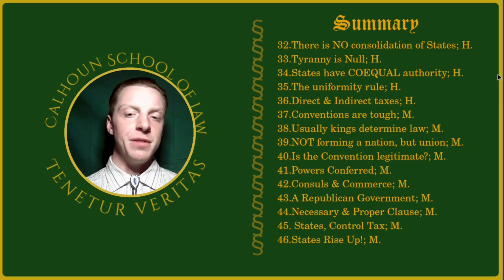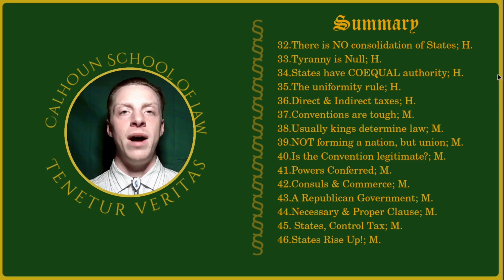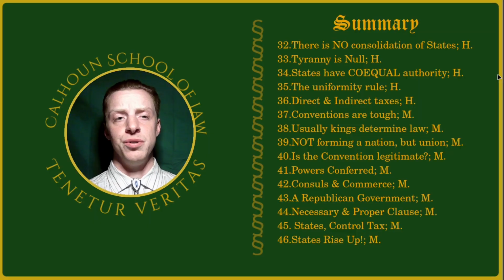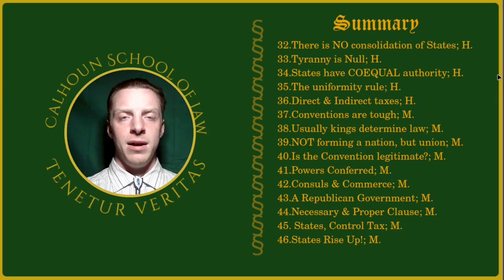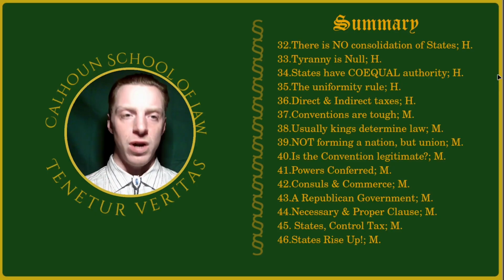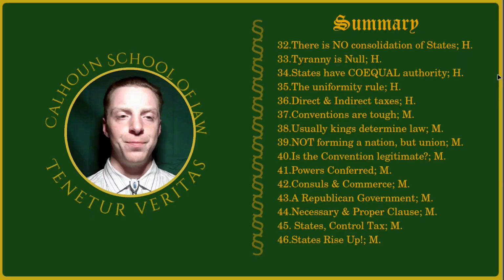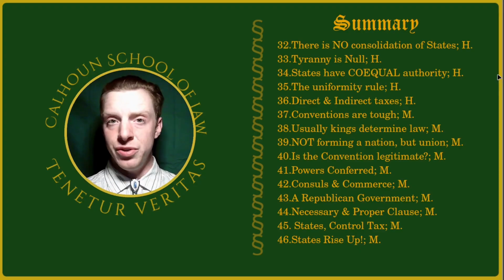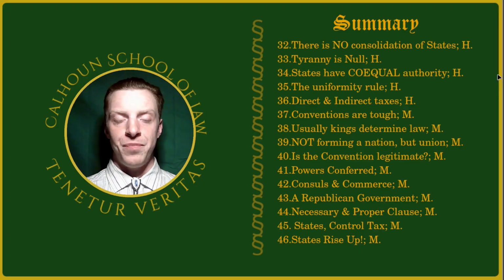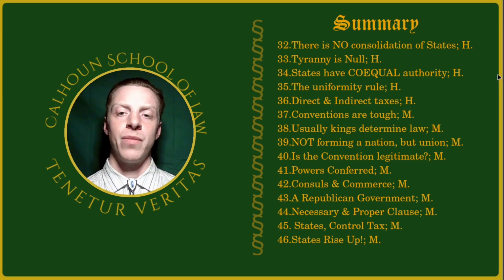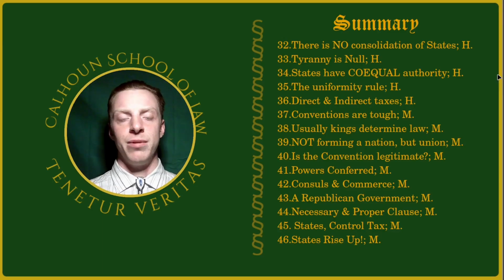Number 42, he talks about consuls and commerce. Why the federal government should have a hand, why the federal government should have a monopoly on inviting in consuls and diplomats. It was to provide a unified front, a unified principle when making offerings, treaties, trade deals, and so on. It would become confusing and diluted if each of the states were to retain the powers of dealing with foreign diplomats and consuls.